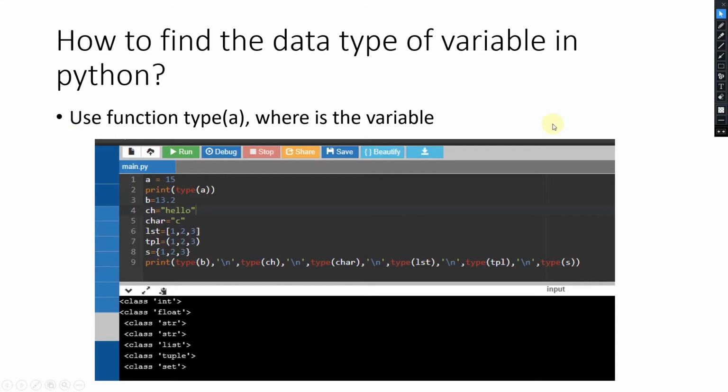So just one slide, that's all. You have to use the function type. If you want to know the type of a variable, this we know is an integer data type, this is a float data type, this is a string data type. So if you want to know the data type of a variable, you can just type the keyword type, type of a, where